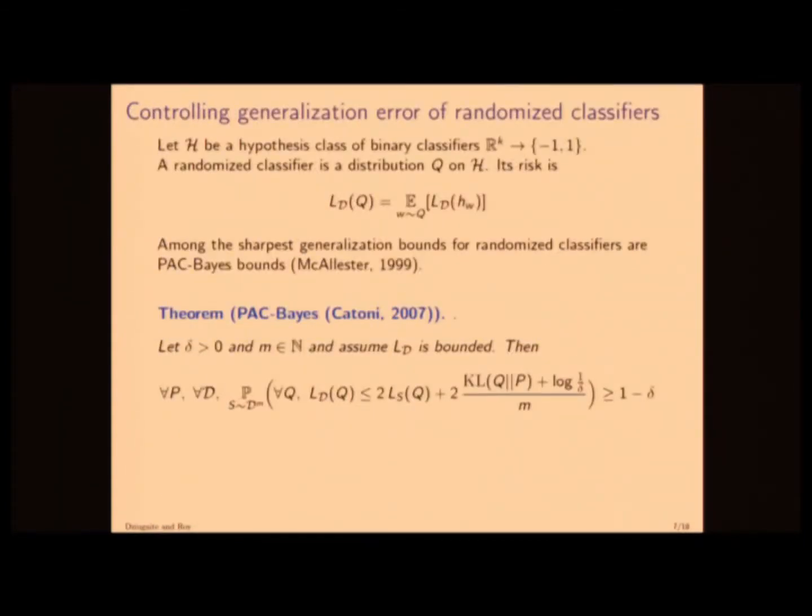So just a bit more formally, we have this hypothesis class of, I wrote binary classifiers, but this generalizes to zero-one error for multi-class. And the randomized classifier, you can think about it as some distribution in the hypothesis space. That's what I was talking about earlier. And this is what I mean by the risk of a randomized classifier. It's just averaging, imagining that you draw a classifier and then label a point. PAC-Bayes bounds are among the sharpest in practice. That's what I understand to be true. So here's a version of the PAC-Bayes theorem due to Catoni.